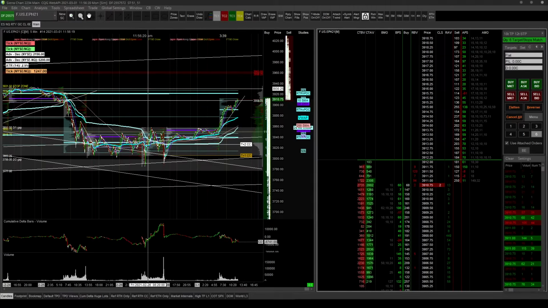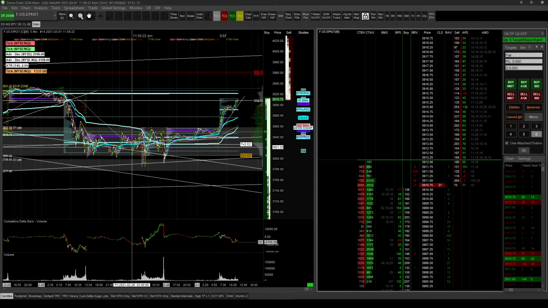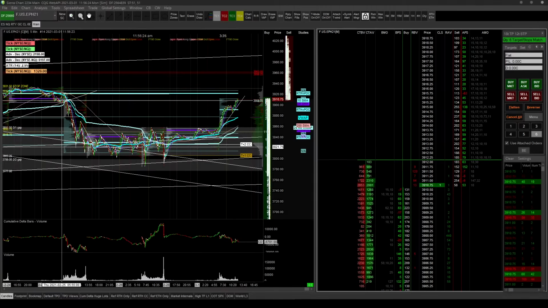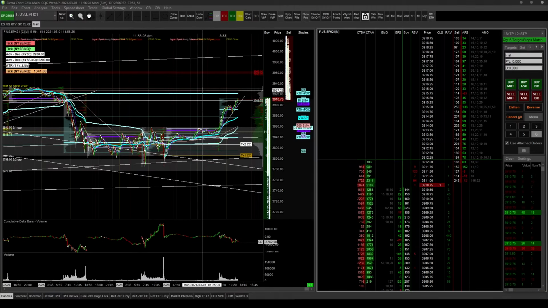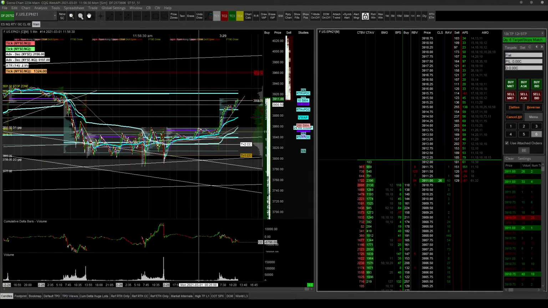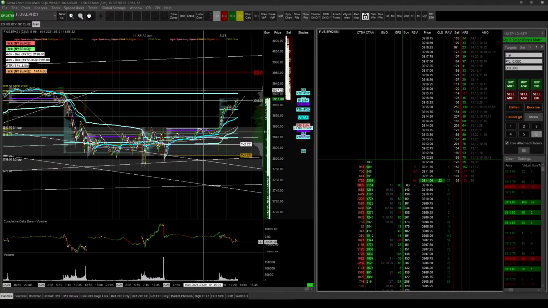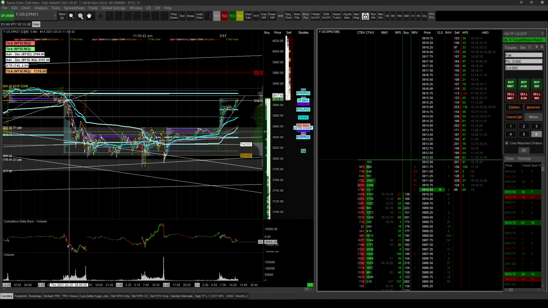So I don't know. I wouldn't be stepping in front here, but could this be the top? Sure. I think 39.27 is probably a better short play, depending on the macro events going on when we get here,